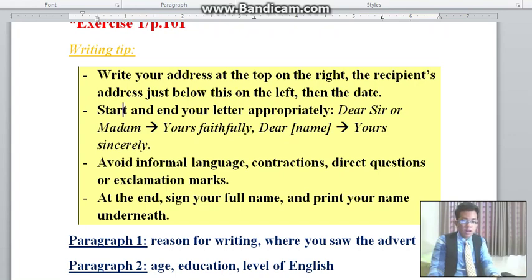And do not use informal language, contractions, or direct questions. Don't do it, okay? Do not put direct questions into this. We have to have a few longer sentences, like, "I would be grateful if you could please let me know..." or "Could you please tell me if..." So use some forms of questions like that, and avoid exclamation marks. Okay, so no LOL or informal language like